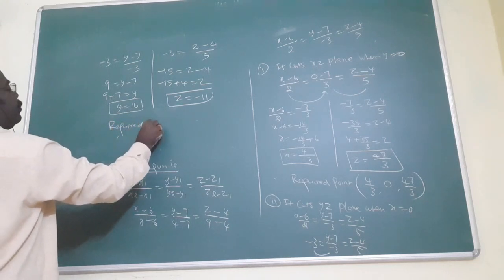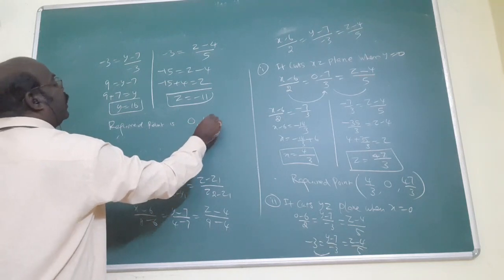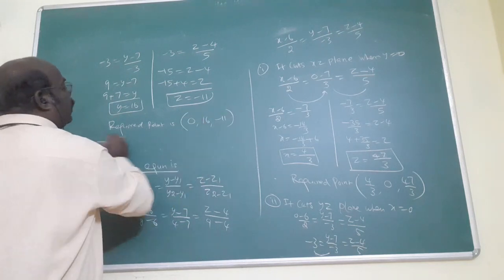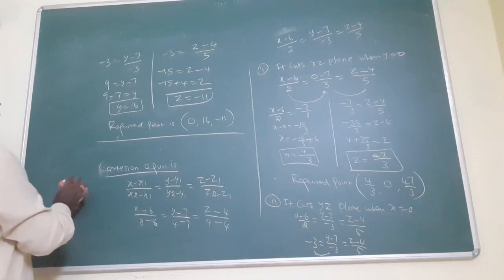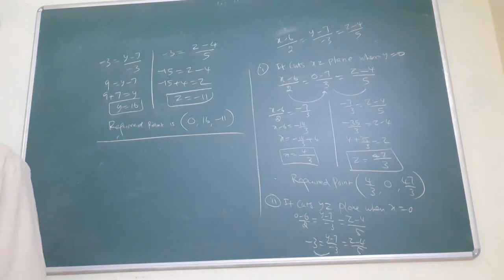Therefore, another required point: x is 0, y is 16, z is minus 7. In this way, you will find the x value, z value, y value, z value. This is called the points. What is asking? Find the points only, no? Both answers are coming. That's a very important subject. Check yourself. What is the first point? The first point is 4 by 3.